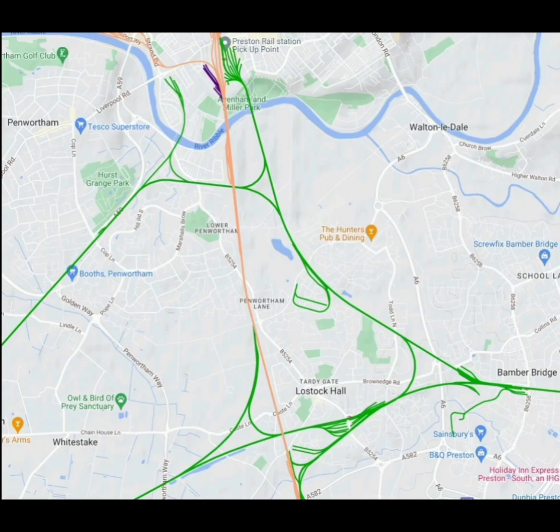Welcome to another video. This time we're going to be looking at what happened to the East Lancashire Railway Viaduct in Preston. And quite a lot of you will be thinking, what? Well, here's the story. If we look at the following map, which is from the Rail Map Online, which is